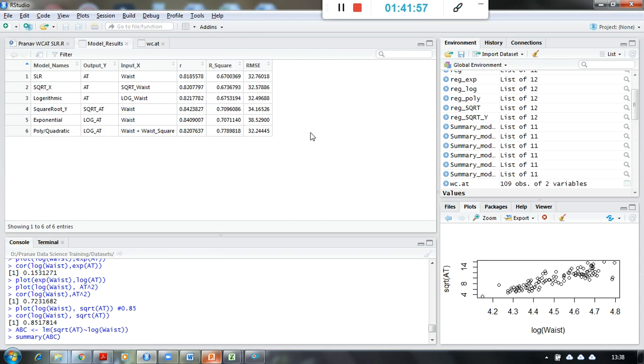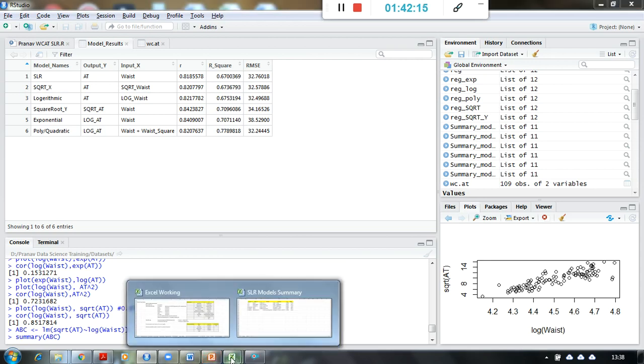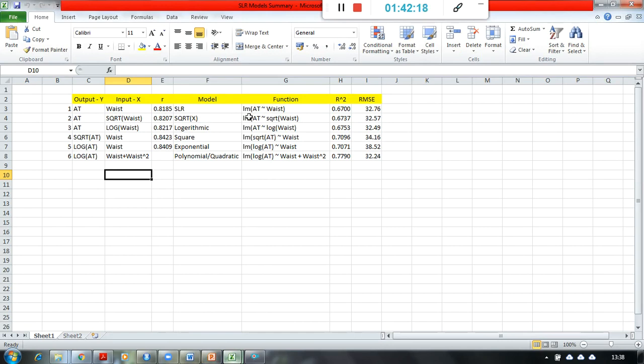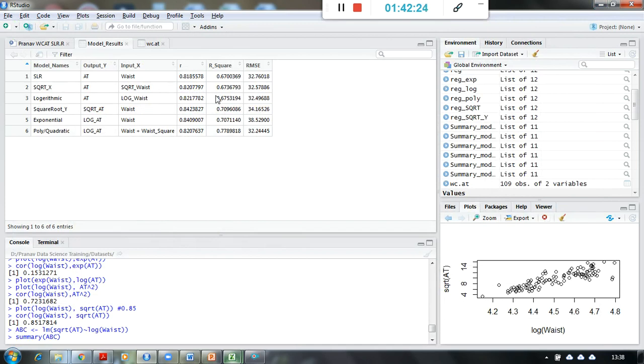So all right, guys, that's it for the day. We have gone through a case study. We have tried to solve a business problem given to us by some of the researchers, and we can simply write this file to our laptop, so that we can have the same thing in Excel like this, and we can simply deploy this file and tell them that these are the different models which are giving us the results. So what we are finalizing is the sixth model, because it is giving us good r square and reduced RMSE. This is what within your team you can discuss.